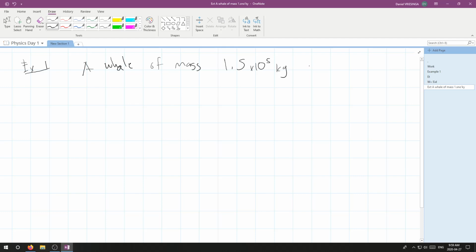A whale of mass 1.5 times 10 to the 5 kilograms swims with a speed of 6.1 meters per second. Okay, so that's its kind of starting speed. It increases its speed